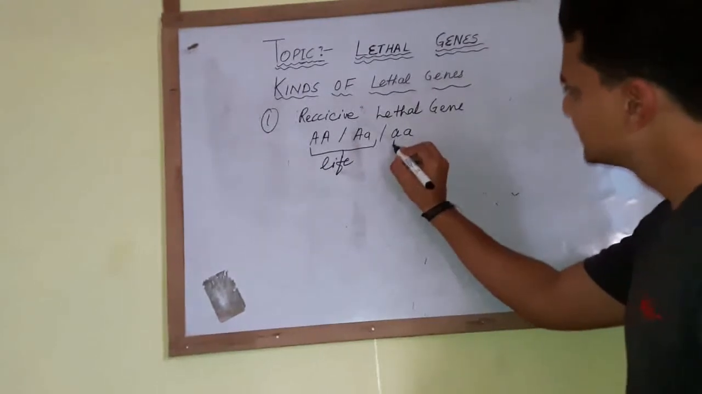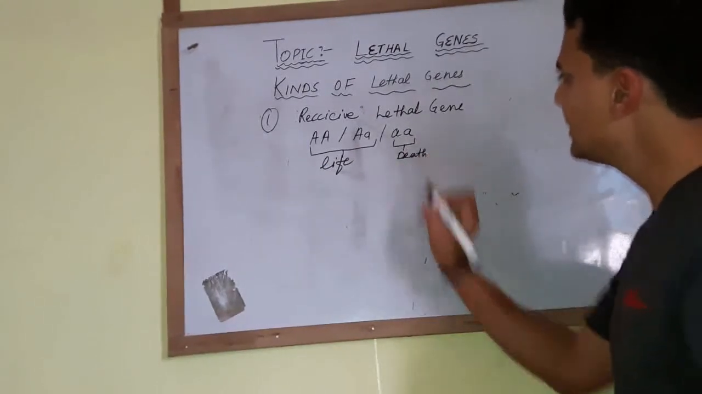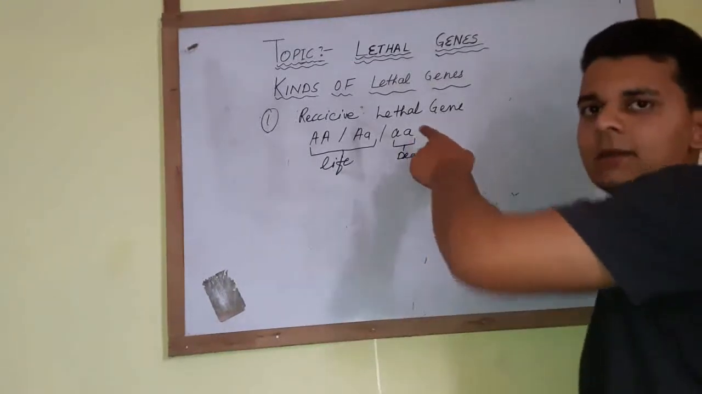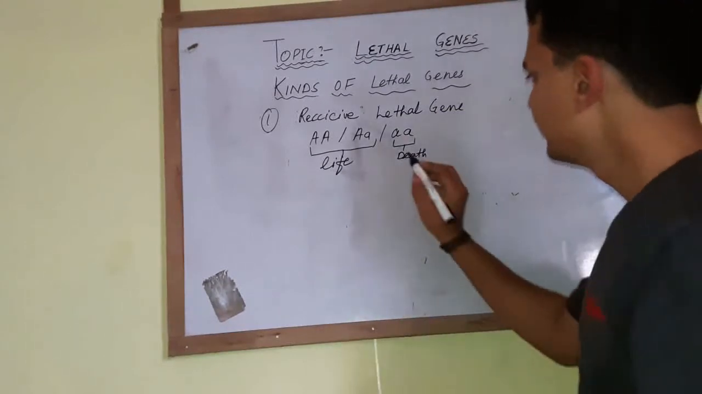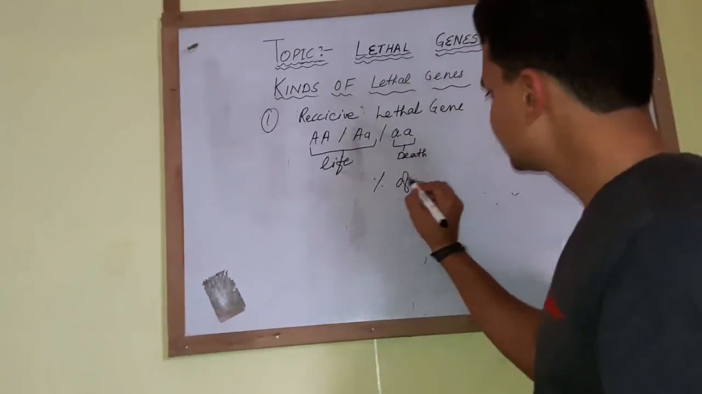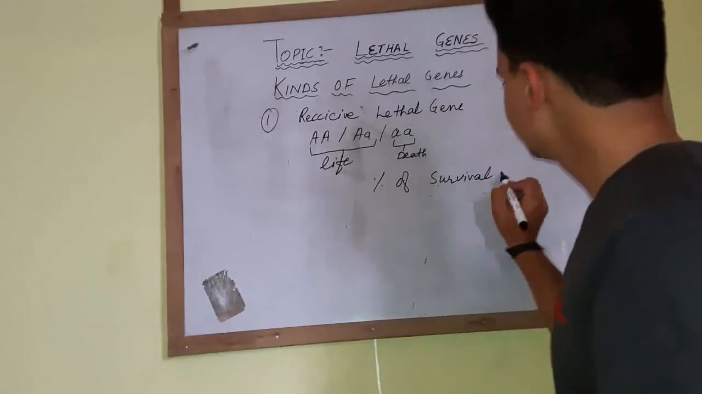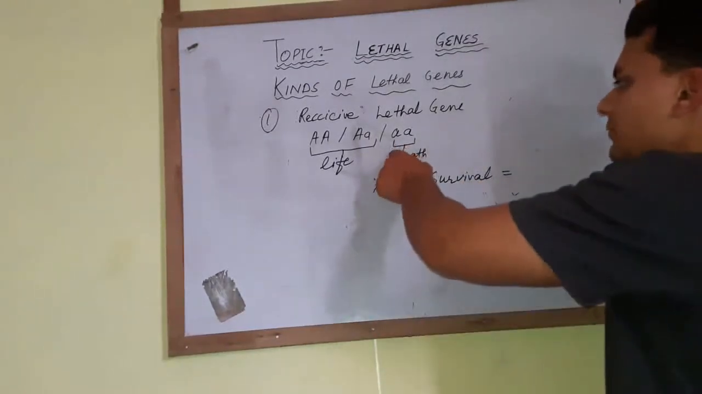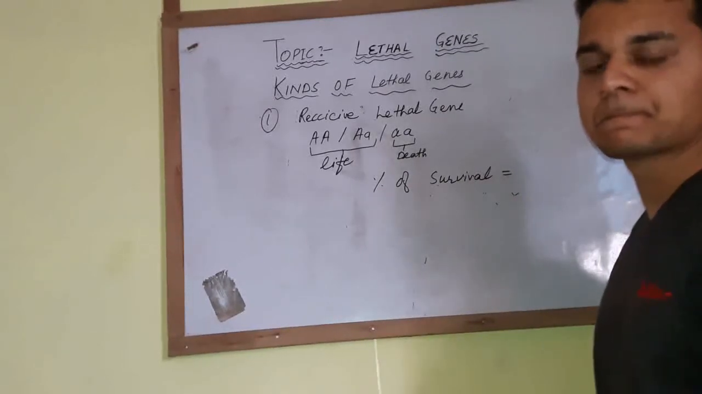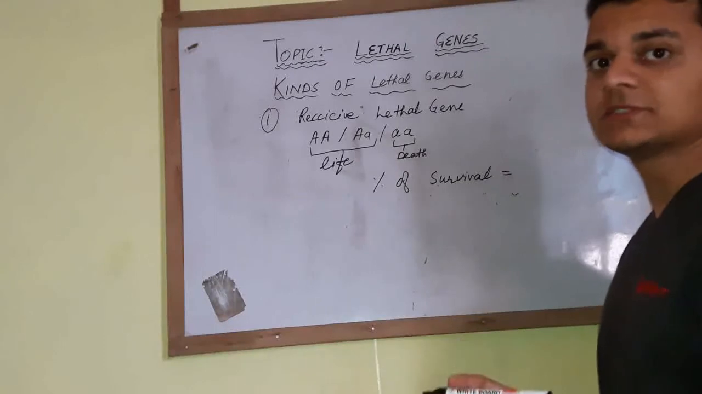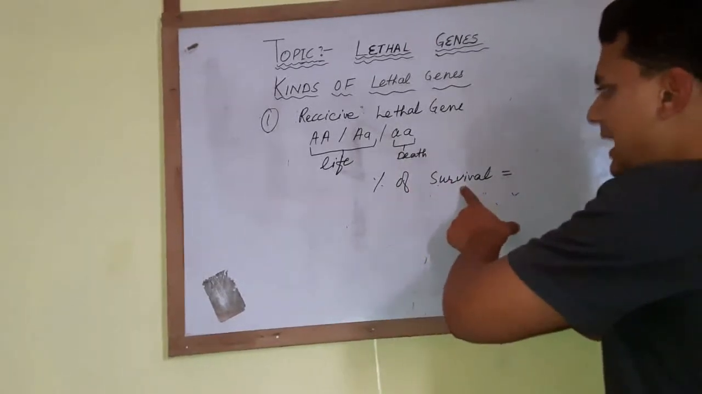But in this case, death is going to come. There is only one case over here where death is going to come, right? So when we talk about percentage of survival, it is very high in this case, right? How is it high? Because